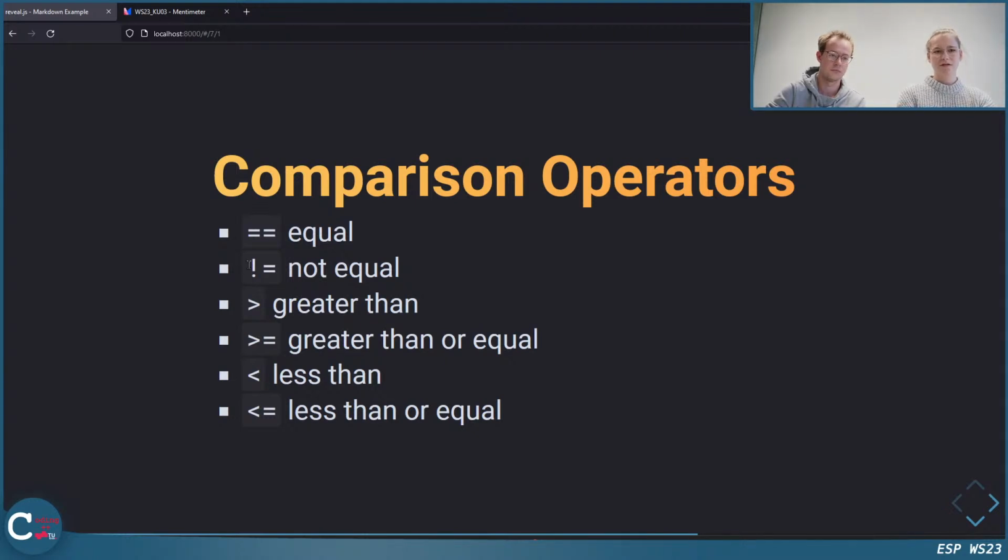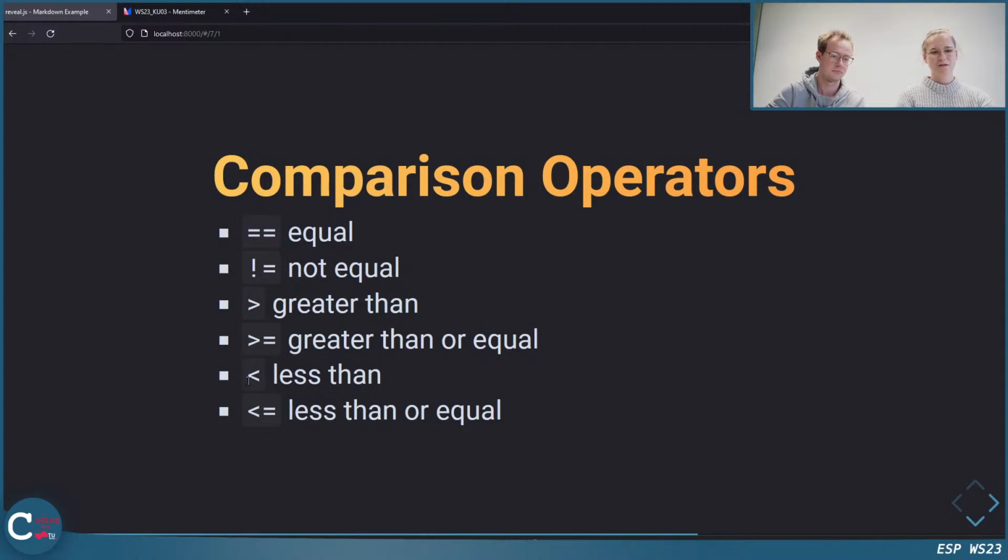Then we have the exclamation mark equal sign, which means not equal. Then the greater than sign, and greater than with an equal sign means greater than or equal. I think this is pretty easy to remember.